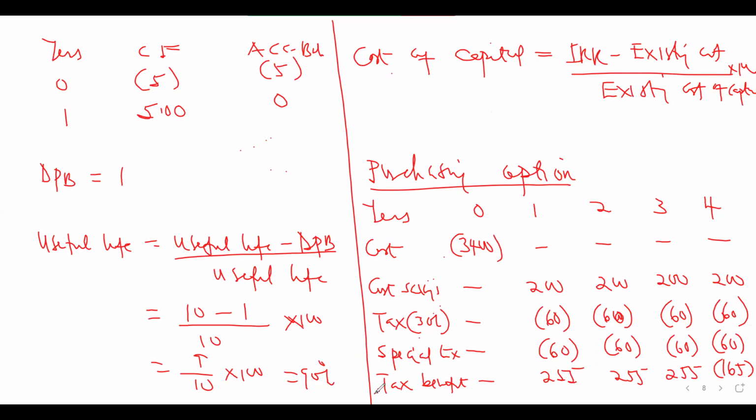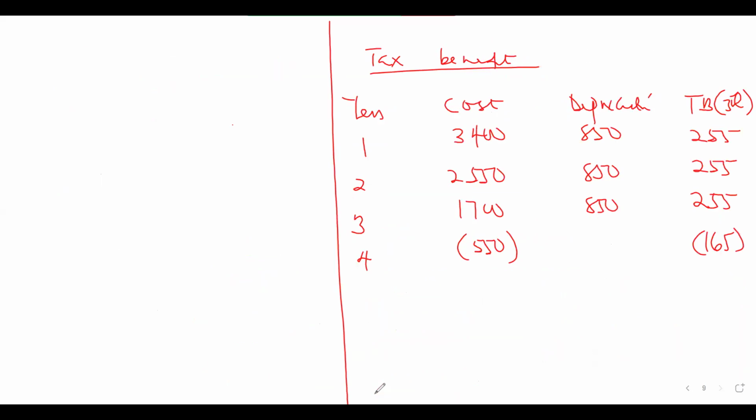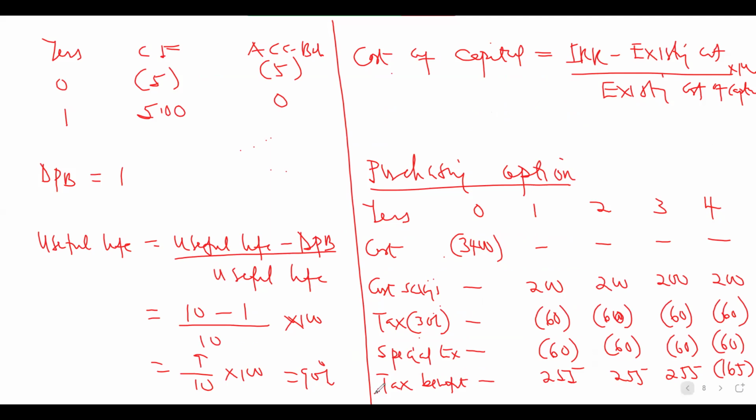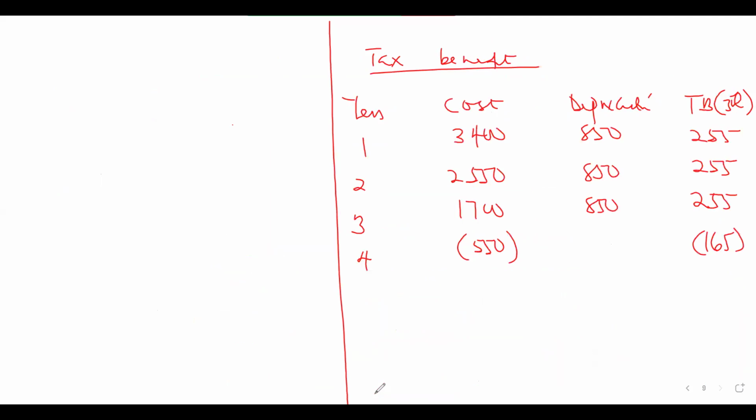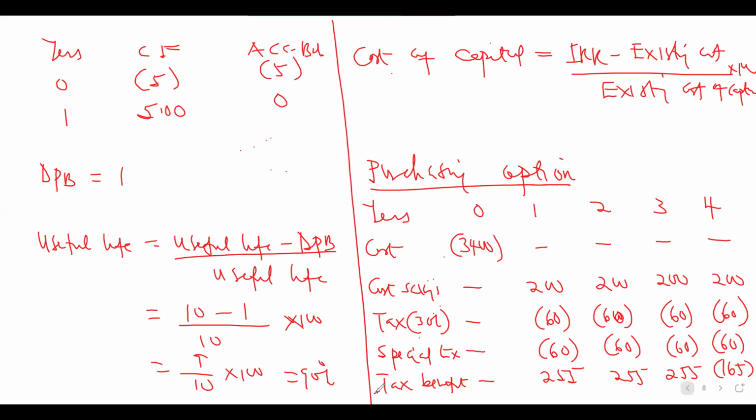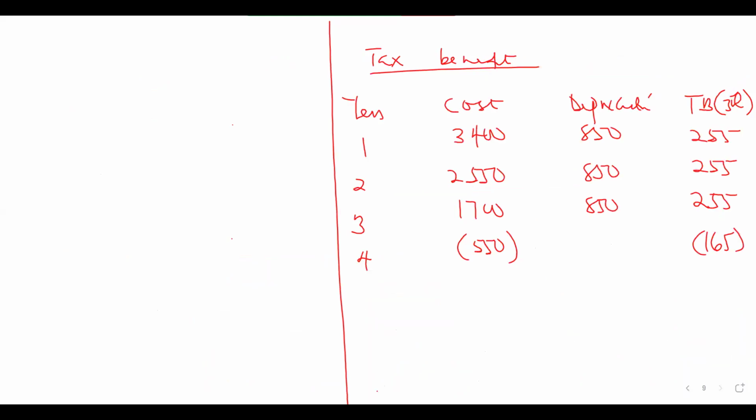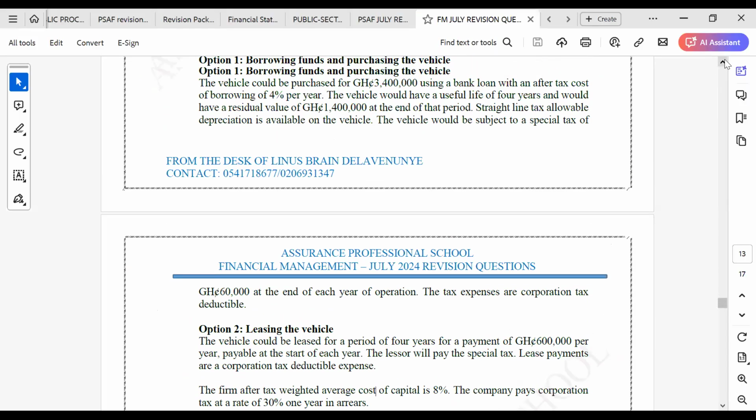When you are using the straight line method for depreciation, the tax benefit will be given to you based on how you are paying the taxes. So all the issues about the tax will be in the next year. So the company will be paying a special tax. So I have to clean everything there and now do a new one.